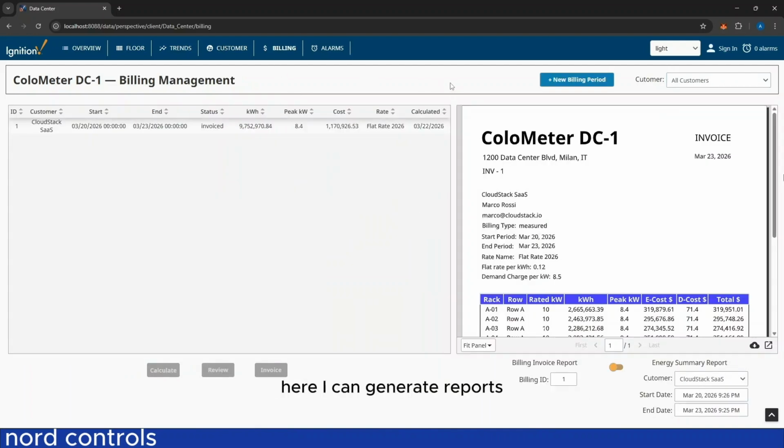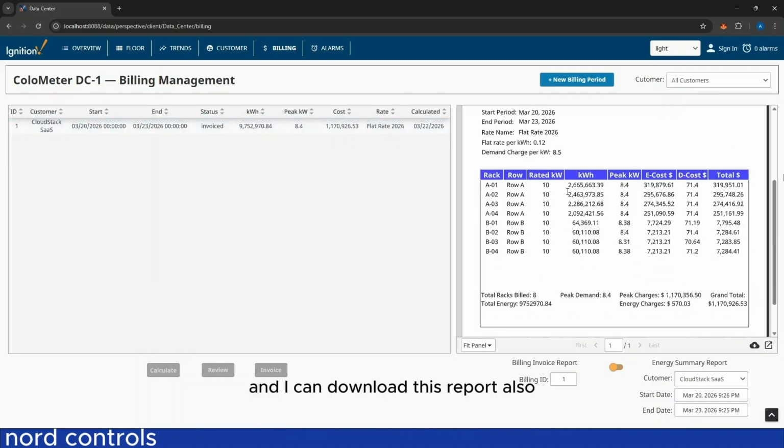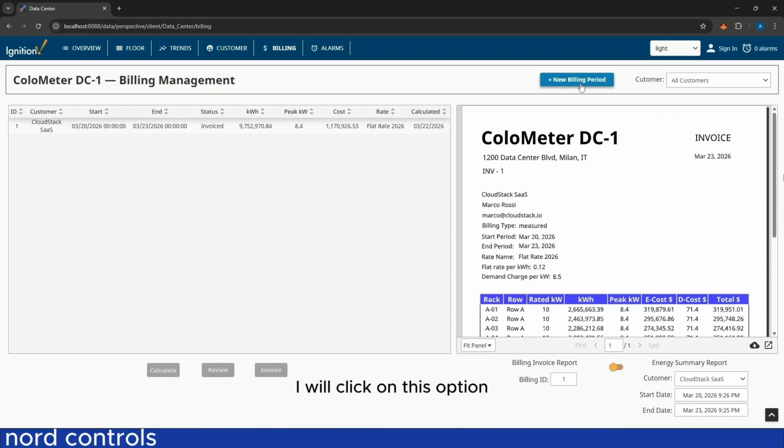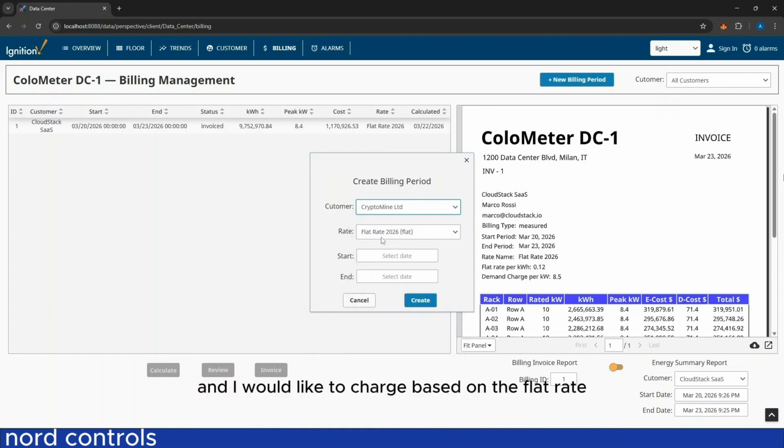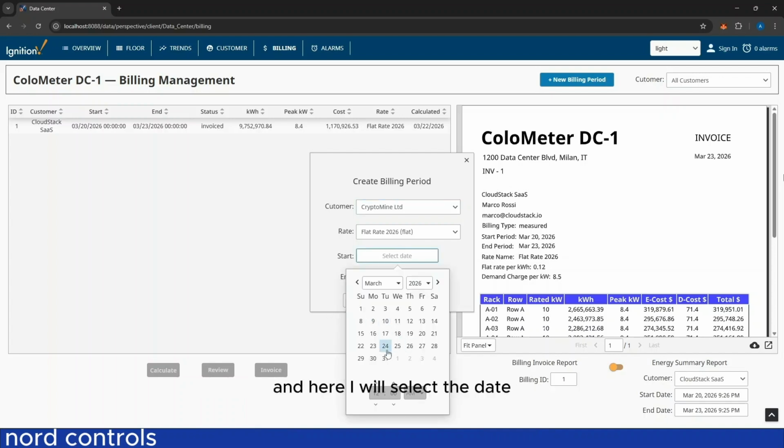Here I can generate reports, the billing reports for each customer. So here for the first customer, I generated this report, and I can download this report also, and it shows me how much energy per kilowatt hour this customer used for their assigned racks, and what was the peak kilowatt and their cost. If I want to create a new billing period, I will click on this option, and here I will select the customer, for example, this one, and I would like to charge based on the flat rate, and here I will select the date,